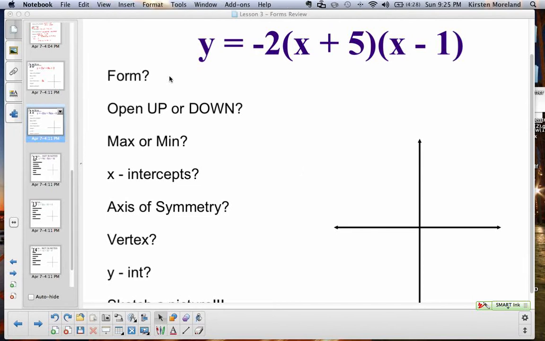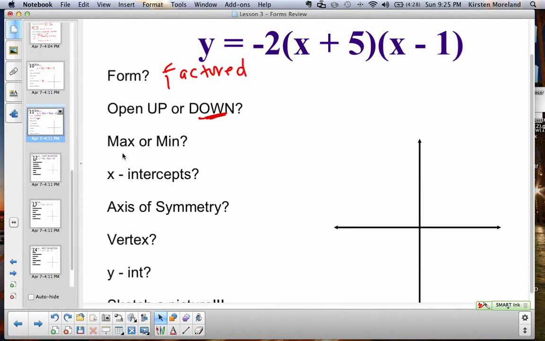So we know this form is factored, and it's opening down, which makes it a max. The x-intercepts are at (-5, 0) and (1, 0). So I'm at negative 5 and 1. Directly in the middle of that